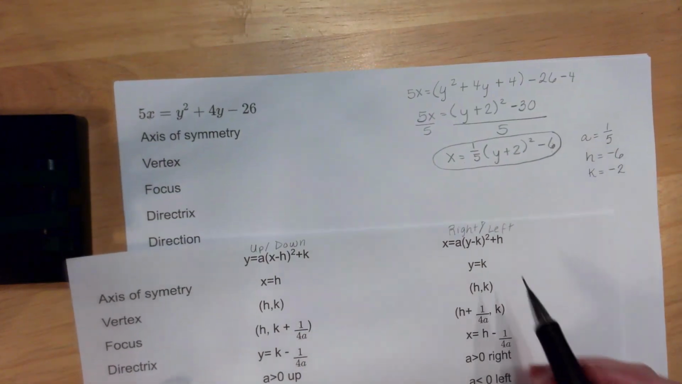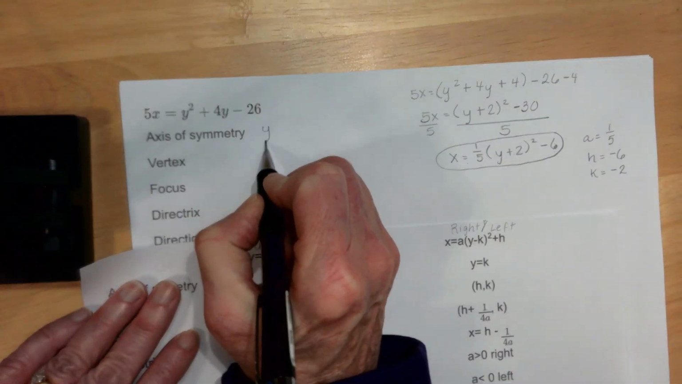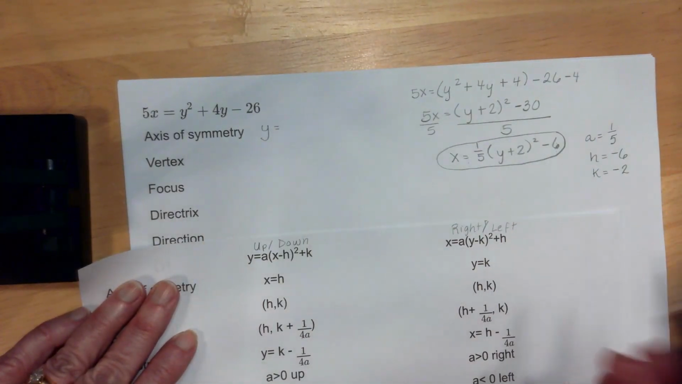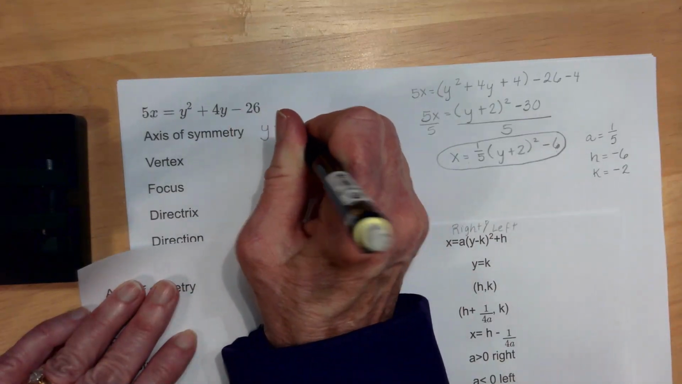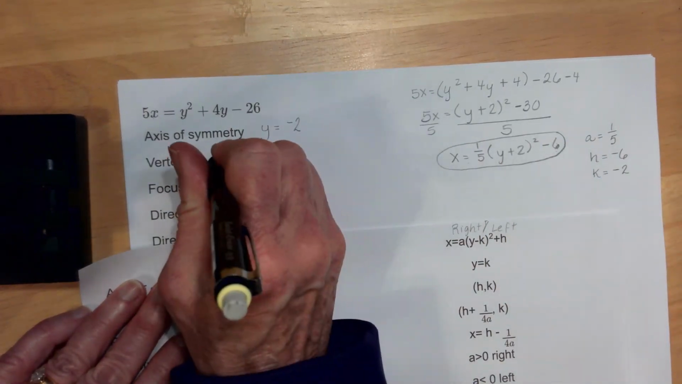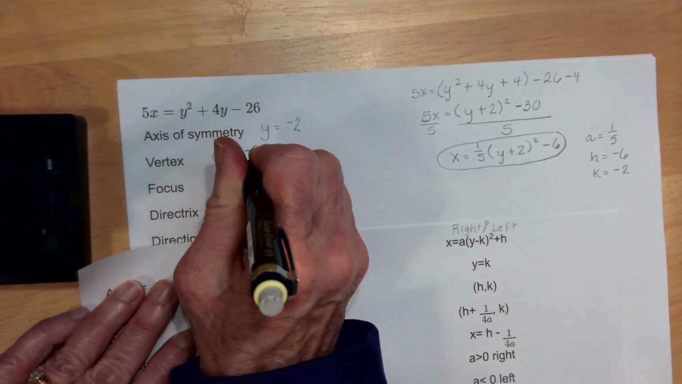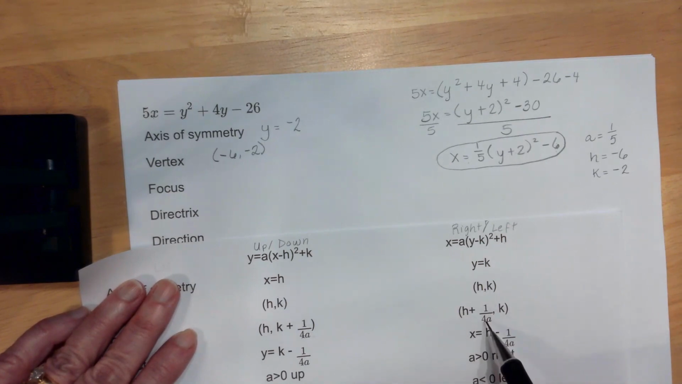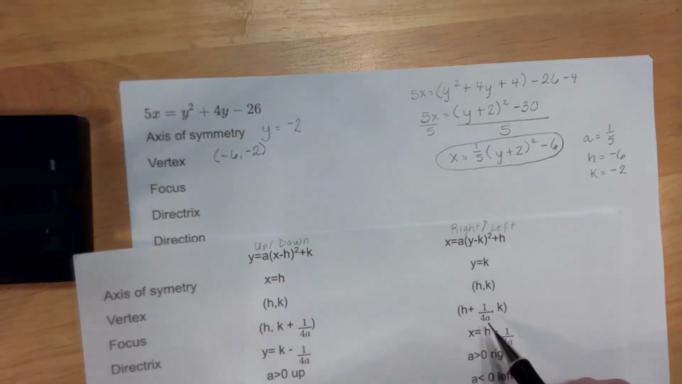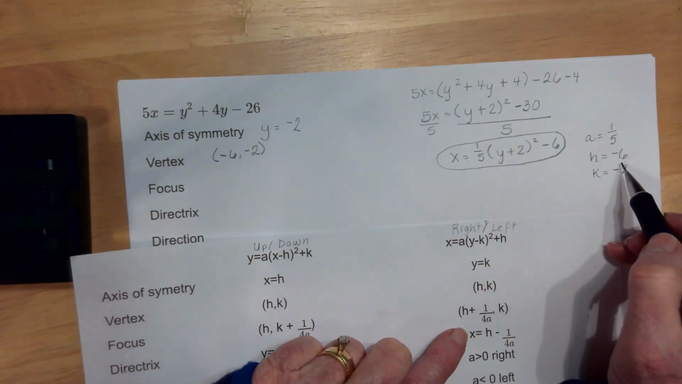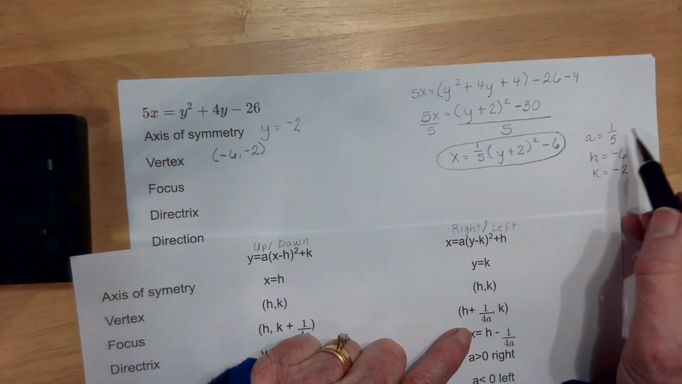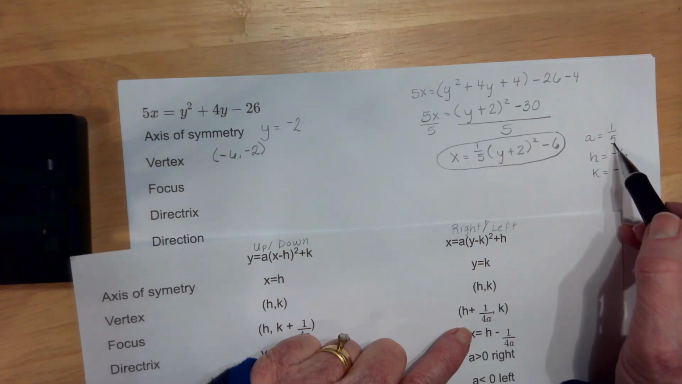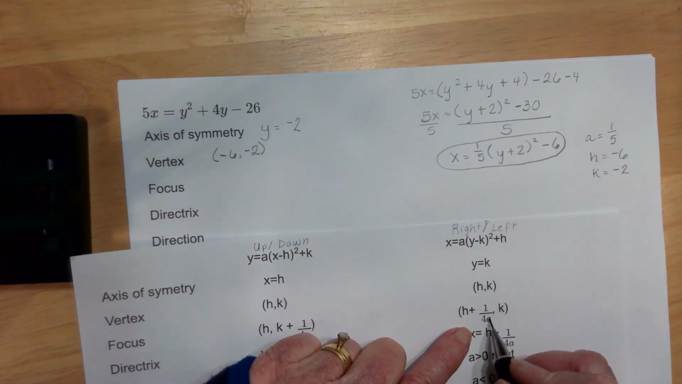Now I go down my list. So the axis of symmetry, which I didn't put on the last one, I'm sorry about that. Y is equal to K, so K is -2. The vertex is HK, so it's -6, -2. Your focus is going to be H plus 1/4A. Now this gets a little tedious here because your H is a -6. The A is actually 1/5. Okay, so you take that A, so now I have 4 times 1/5 on the bottom, so I have 4/5,